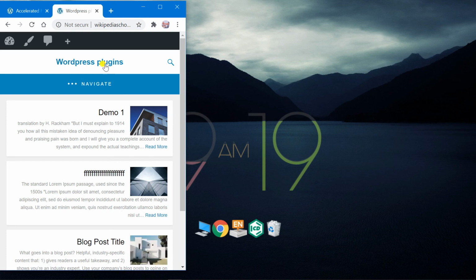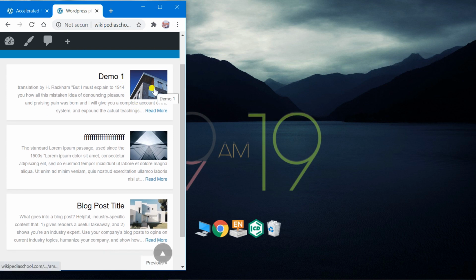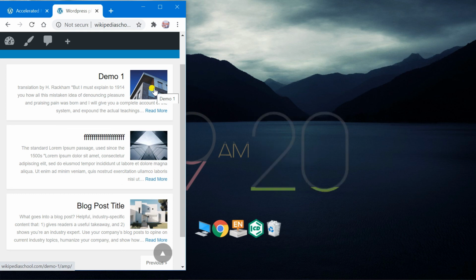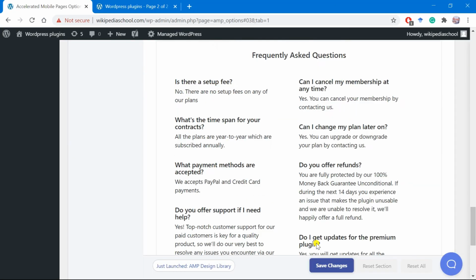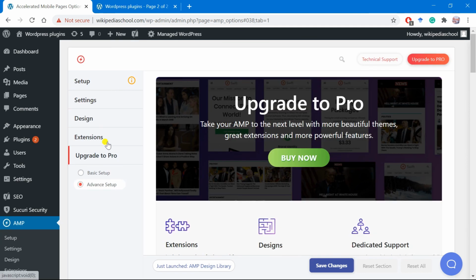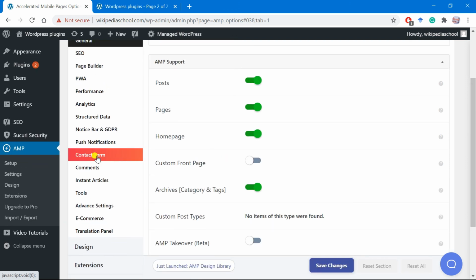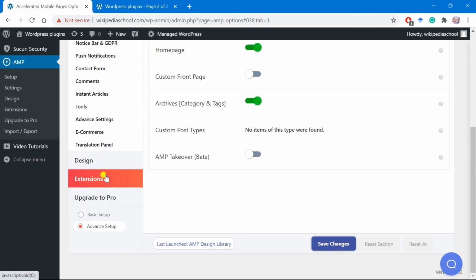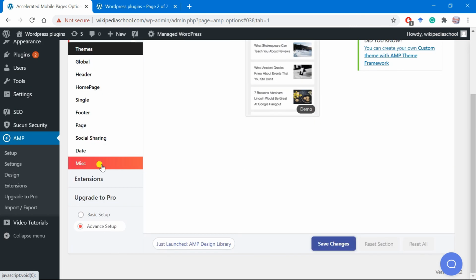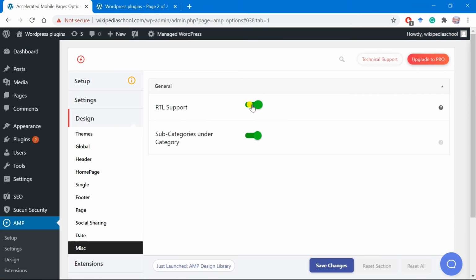Instead of logo, we have used simple text. Okay, it will also look different because its direction is from right to left, because we activated the RTL option. If you don't want to use this option, you can go back into the plugin settings and then click on settings, and then at the end you will find some option like in design, and then miscellaneous. We need to turn it off, then click Save Changes.